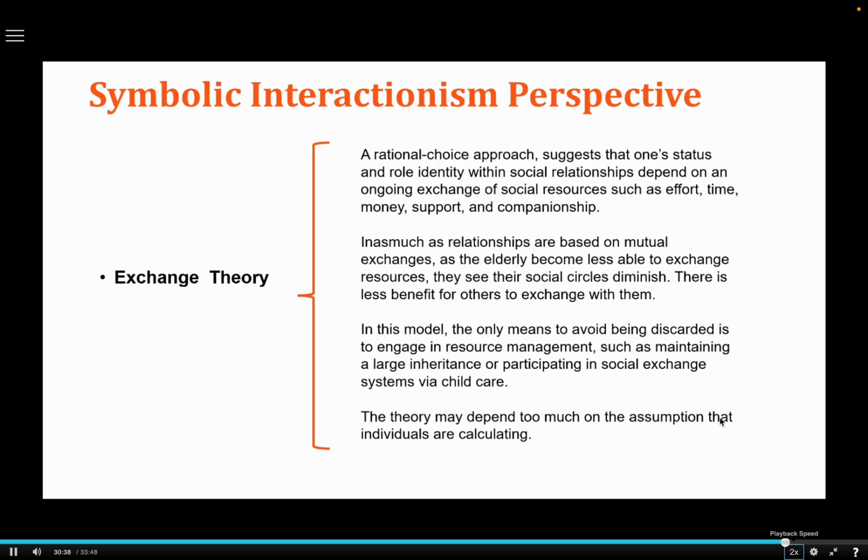And it's claiming that it's a rational choice approach, meaning that as you age, you may become less desirable, you may be seen as less desirable by some in society to socially interact with. Then so that you would have